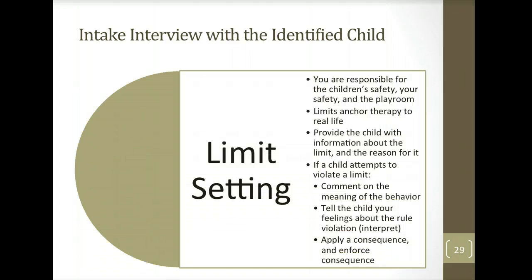Limit setting is critically important to the success of therapy with children. BRIMS offers a series of suggestions for how to handle any violations of established limits. I believe that her suggestions are sound, and I'd encourage you to use a similar strategy. Remember, children push boundaries so that they know where they are. This can be frustrating for us, so it's important to maintain a stance of neutrality whenever this happens. Monitor your own emotional response to the violation and remember to enforce your policies consistently.